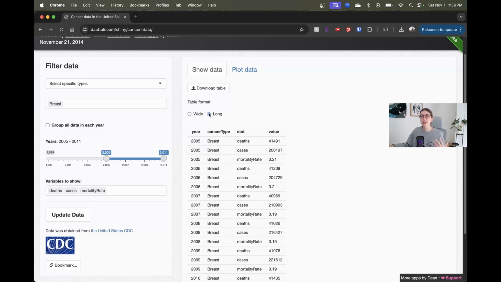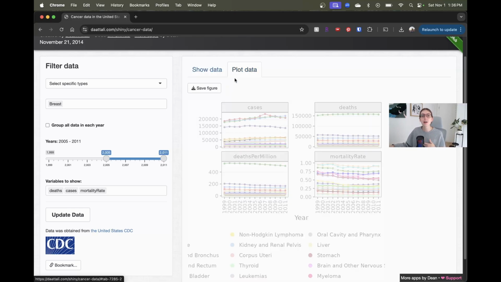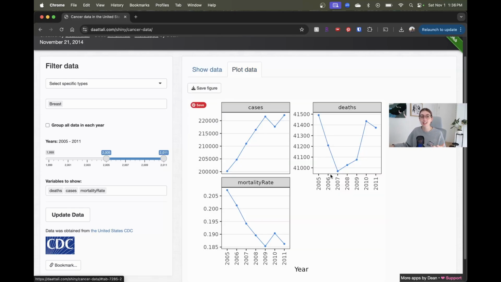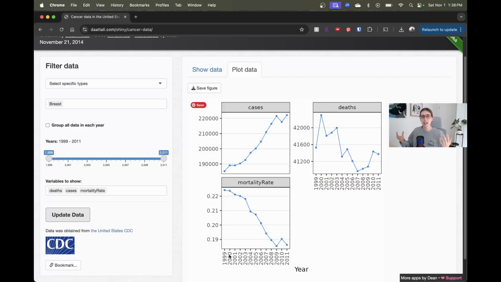If you remember our tidy data lecture, we talked about wide versus long format. And there's even a separate tab where we can look at these plots that are based on our user input. So if I put it all the way down to 1990, then my plot should also be dynamic and update